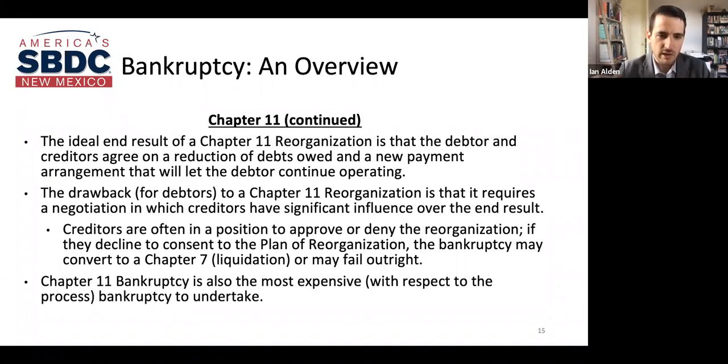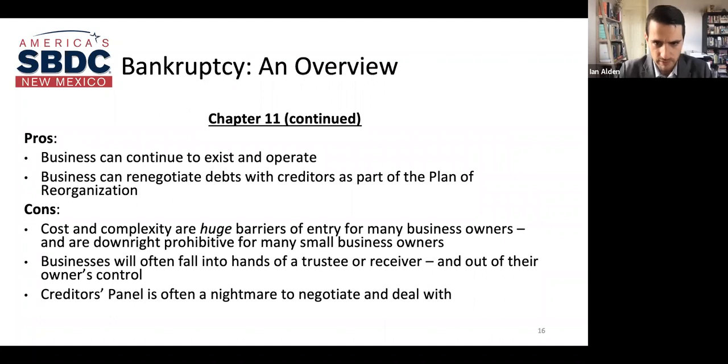Now, chapter 11, it's also the most expensive form of bankruptcy for a few reasons. The bankruptcy counsel fees are quite onerous. It's very complicated. The trustee has quarterly fees. The trustee gets paid for their services according to a chart that bases the trustee fees off of distributions that the bankruptcy estate makes. So, the bankruptcy estate collects assets from the debtor, distributes out to creditors, et cetera. And, based on distributions, the fees can be up to $250,000 a quarter, which means up to $1 million a